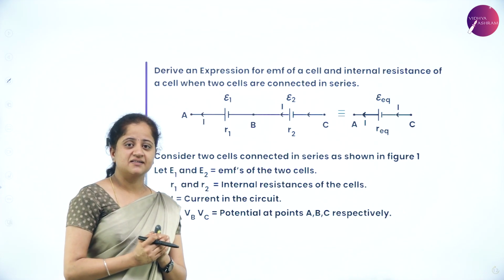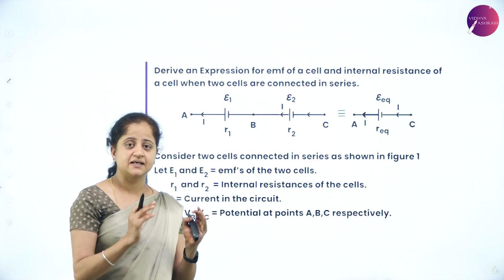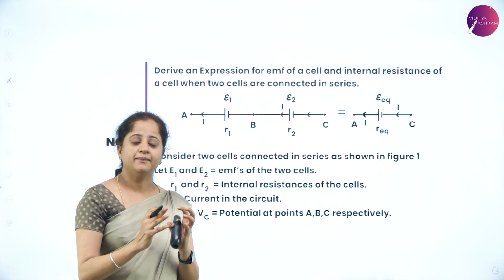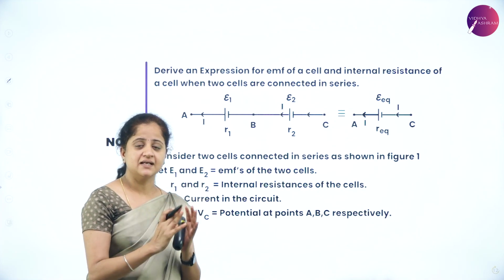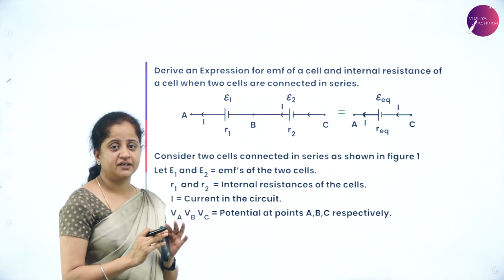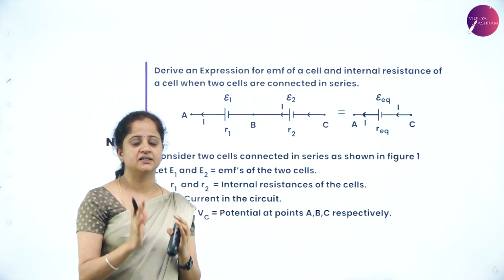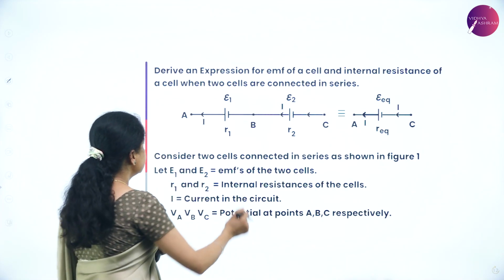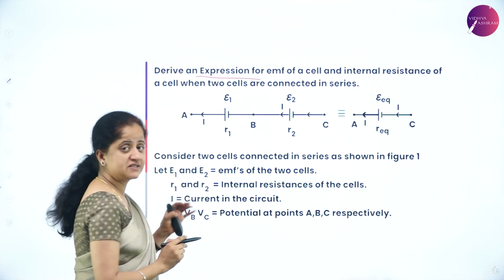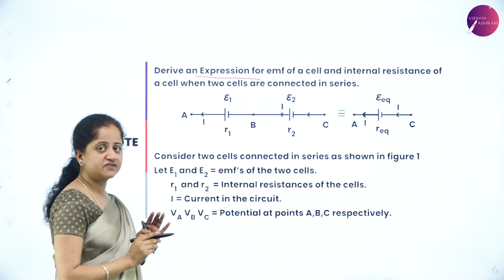Let us now understand what happens if these two cells are combined together. What happens to EMF when the cells are in combination? So we can combine the cells in two ways. One is series combination, the other one is parallel combination. So let us now derive an expression for EMF of a cell and internal resistance of a cell when they are